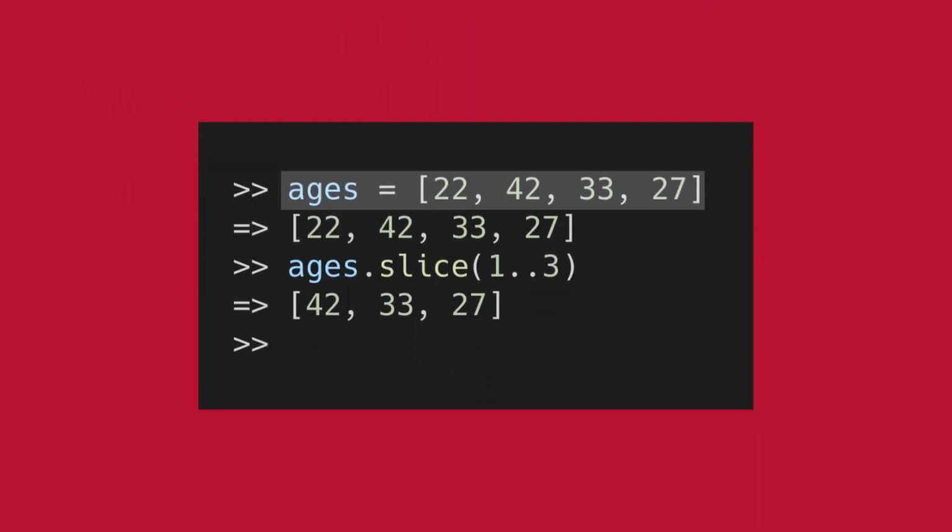The range data type is often used and is very useful in conjunction with the slice method. So in this case, we have an ages variable with 4 values, 22, 42, 33, and 27. What if we just want the values from the first index to the third index? In this case, we can just pass a range directly into the slice method. So we call ages.slice with 1..3 being passed into slice, and we get an array with the items from index 1